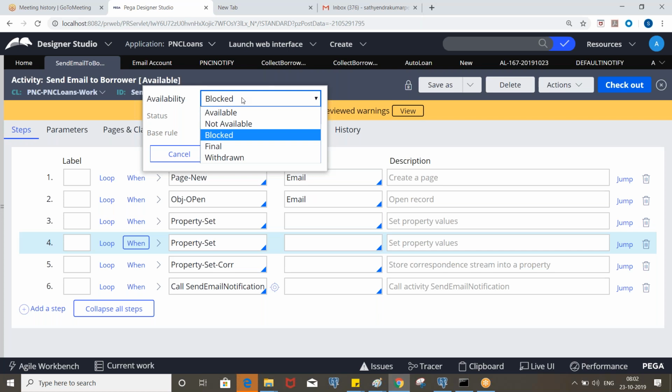You can make any rule's availability blocked, then the flow will stop working and will not be completed. If you make any rule that is referenced in the flow blocked and execute that flow, it will not work properly. It will be halted.